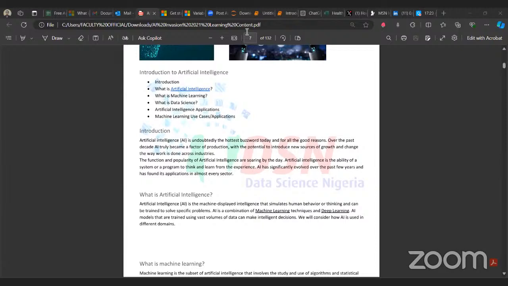Another example of where people can be fooled is using if else statements under the hood of a system. That's also not AI. Those of you who are familiar with programming should know what if else statements mean. It's when you tell a machine things to do based on different conditions. That's also not AI. AI is about machines making decisions by themselves.